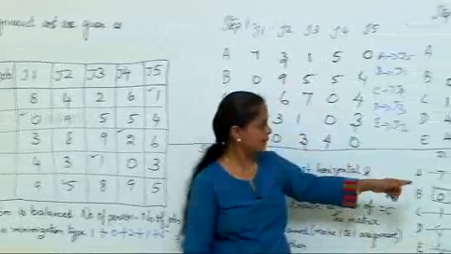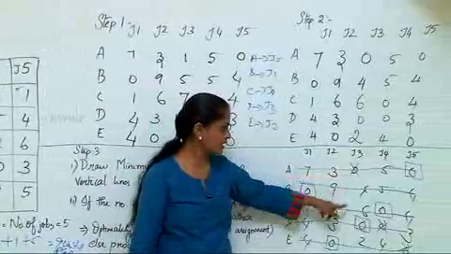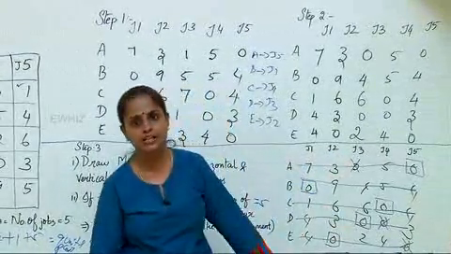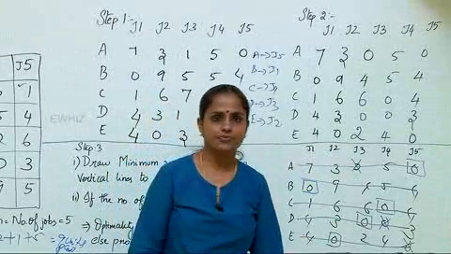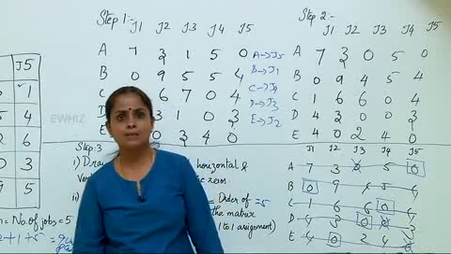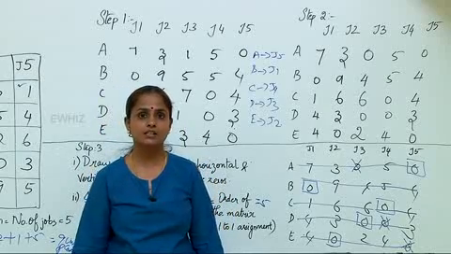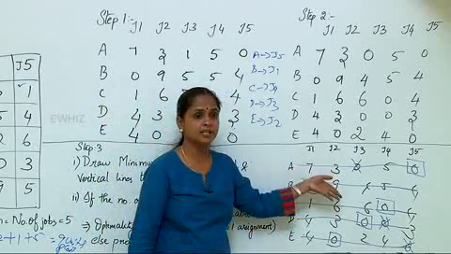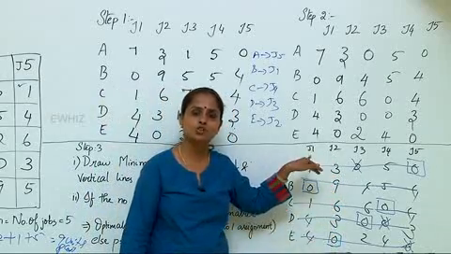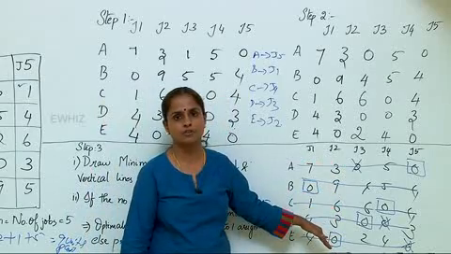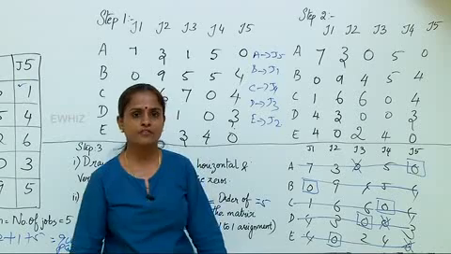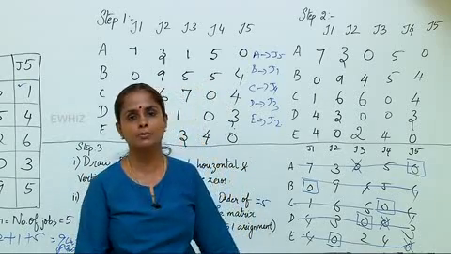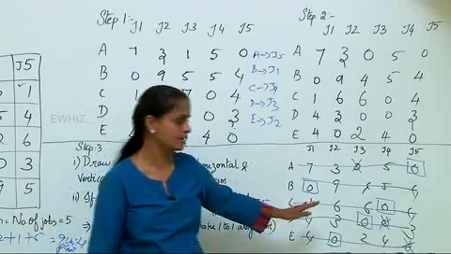Now let me come back to this point. When you draw the lines, I said earlier, you have to compulsorily draw the minimum number of lines to cover all the zeros. When the data size is large and too many zeros are present, it is natural that we may make mistakes in drawing the minimum number of lines. So there is a procedure to draw the minimum number of lines. It is up to you. If you are comfortable observing the data, by inspection itself you can draw the minimum number of lines, and you can go ahead with that.